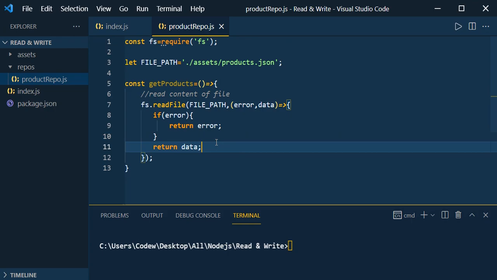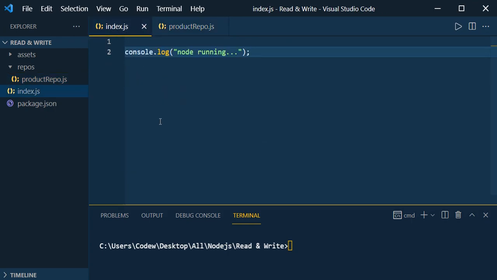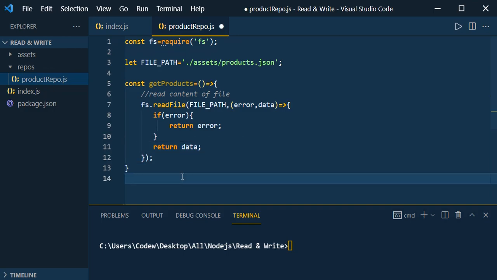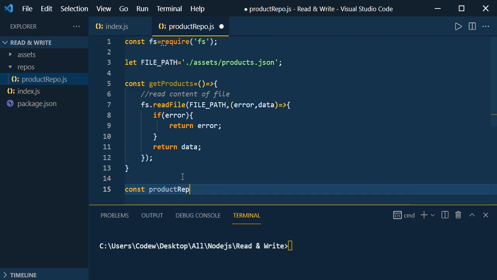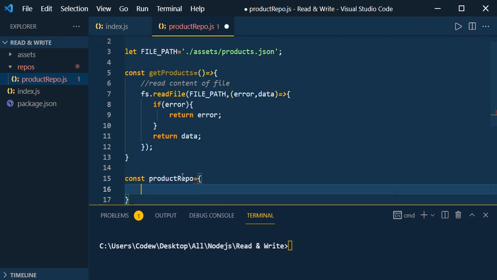And now, how do we access this get products method or function inside the index.js? To access the get products function anywhere in the project, we must export it. So I'm going to create an object literal. Constant product repo equal to, use the key get products.